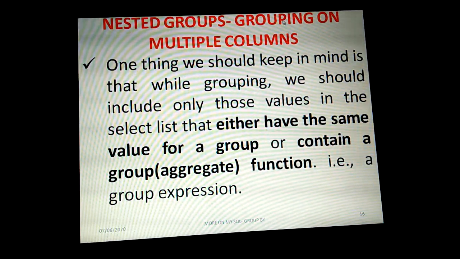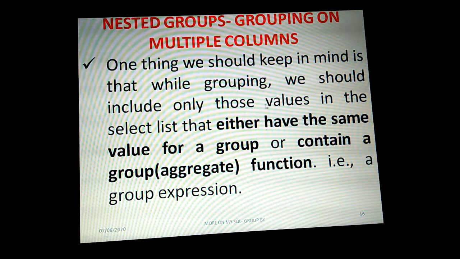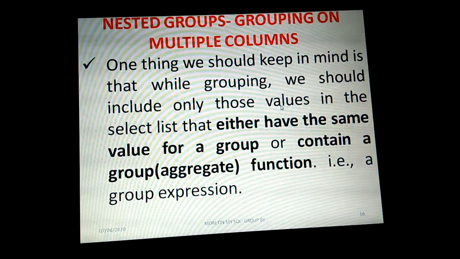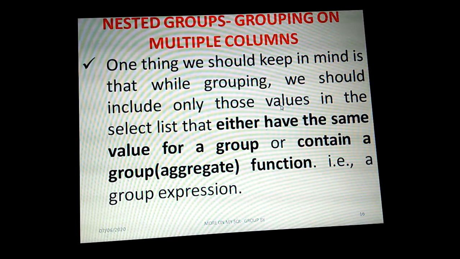Next, we should keep in mind that while grouping we should include only those values in the select list that either have the same value for a group or contain an aggregate function or a group expression. Whatever values are included in the select list should have the same value for a group. If we choose one field for grouping, it should have either the same value or contain an aggregate function.